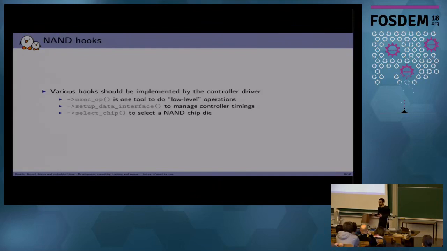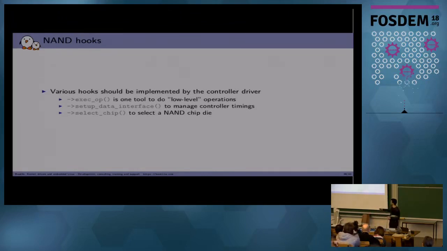Maybe you know NAND timings can have different speeds. The ONFI specification has 6 of them. The slowest one, mode 0, is supported by all the NAND chips, should be supported by all the NAND chips. But let's say you want to achieve the highest throughput, you will have to use, let's say, mode 4 or 5 that are really, really fast. But for this, some tweaking, some configuration has to be done on the controller side,